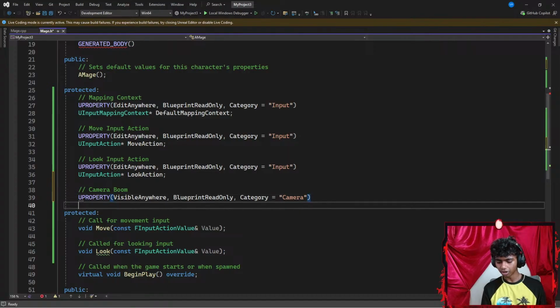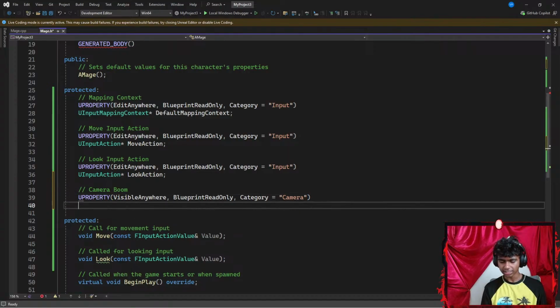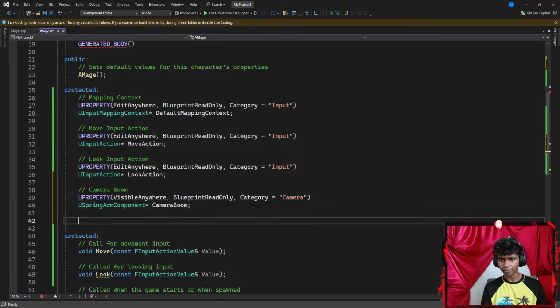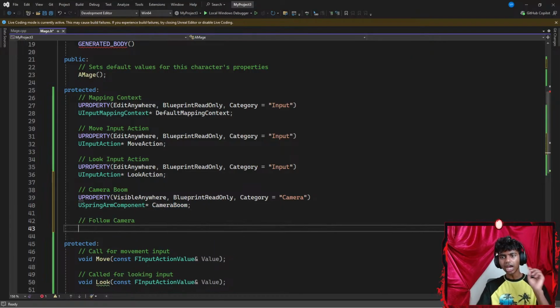Okay, and then I'm gonna go ahead and create, let's say something like a USpringArmComponent, which is going to be represented by, let's say something like CameraBoom, ending with a semicolon. Once I'm done with that, I'm gonna go ahead and add a comment that says follow camera. Follow camera is gonna be my actual camera component